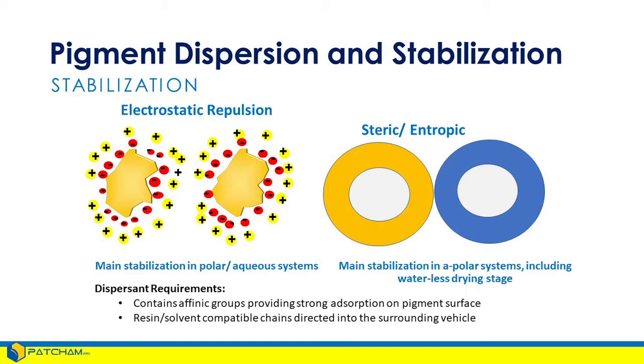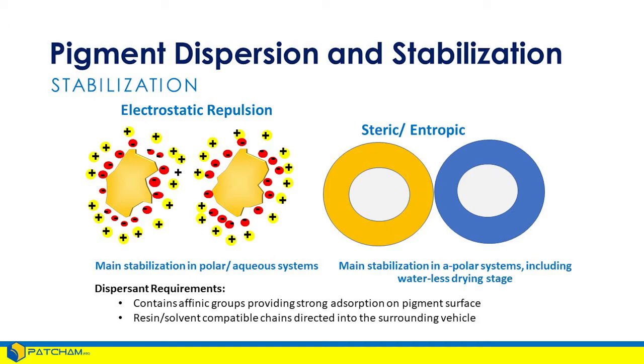When we look at the various mechanisms that we use for stabilization of these dispersed pigment particles to prevent their flocculation, on waterborne systems, we see on the left-hand side that we put a layer of charged ions on the surface. These are the dispersant molecules that we put into the formulation that have a polar end and a low polarity end. The low polarity end is attracted toward the hydrophobic pigment, and the polar end, which is soluble in water, picks up a layer of counterions, and so the exterior of these neutral, individual suspended pigment particles all carry the same positive charge on the outside.